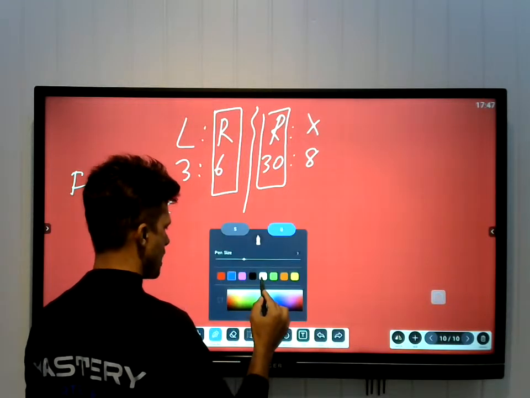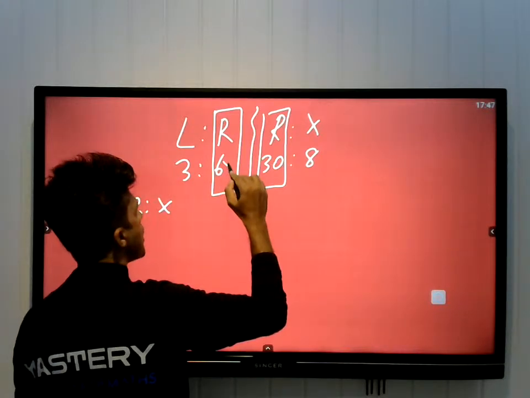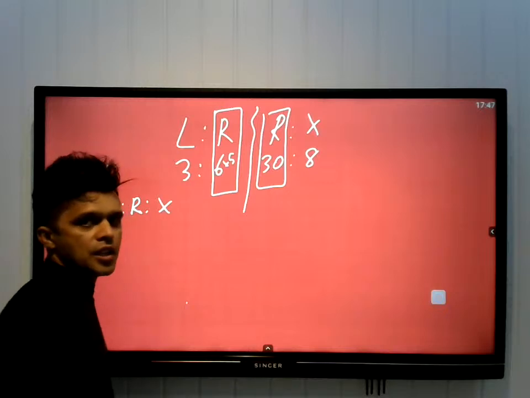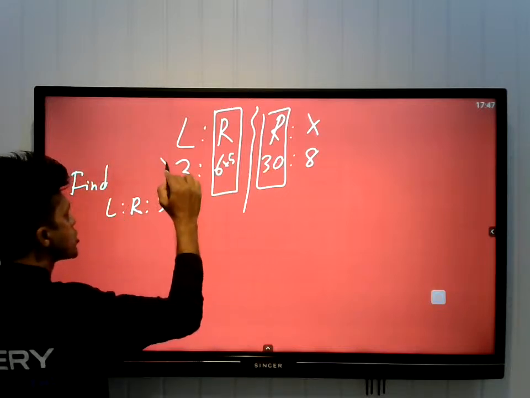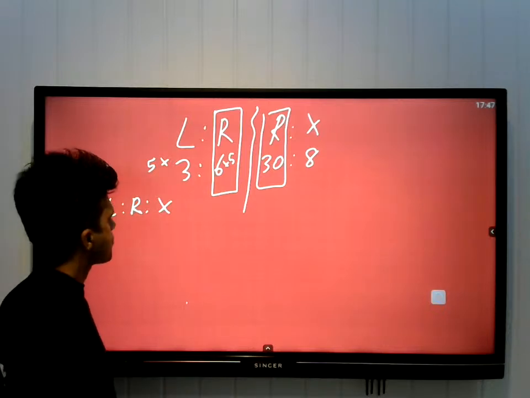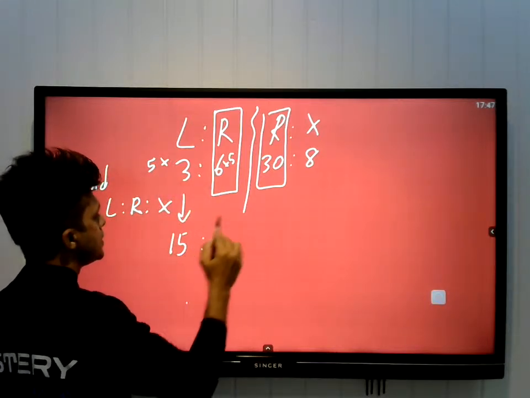This is multiplied by 5. 6 times 5 is 30. Then this side also should be multiplied by 5. So 5 times 3 is 15. 6 times 5 is